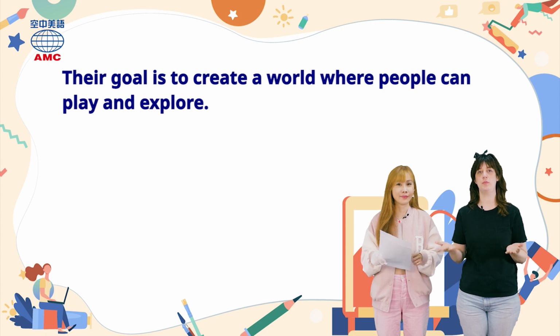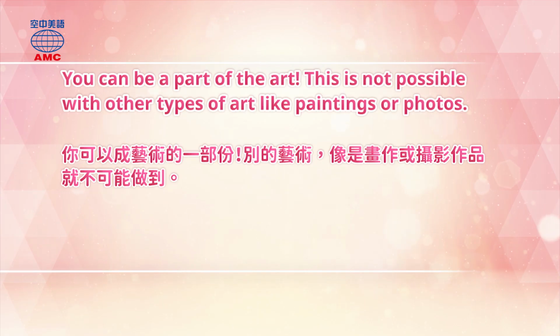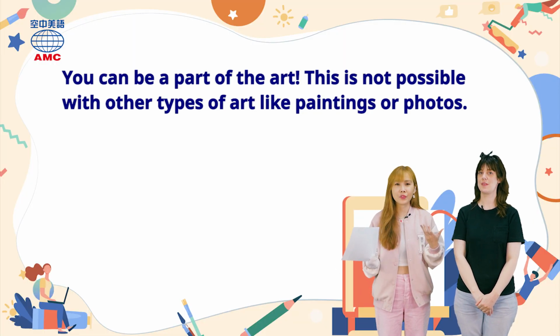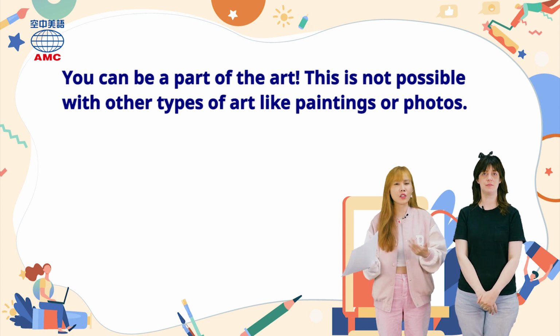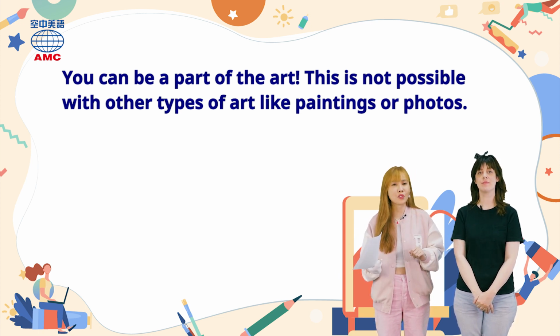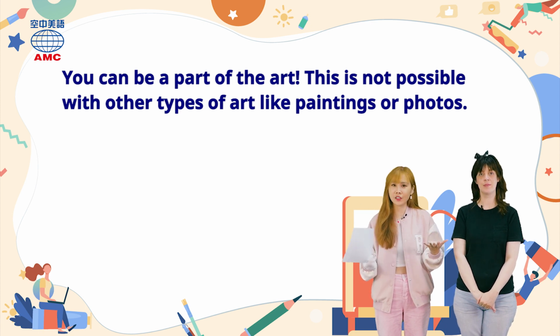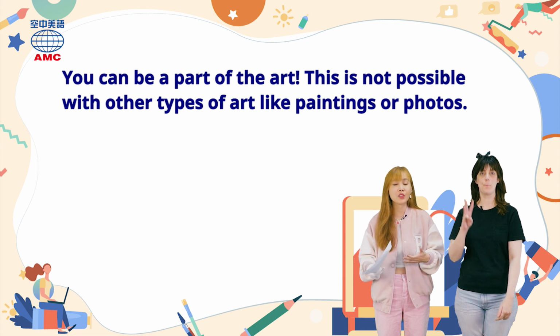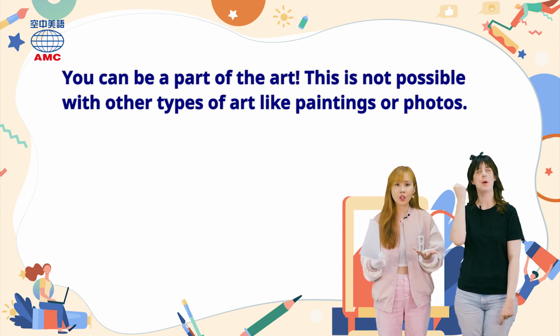So with installation art, it's a playground. It's something to explore. You can be a part of the art. This is not possible with other types of art like paintings or photos. It's true. You can only look at those. Right. 所以你可以成为艺术的一部分。这是跟其他类型的艺术像是绘画或是照片所不能实现的哦，所以这也是为什么它特别的吸引人咯。